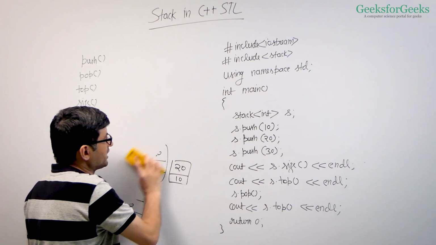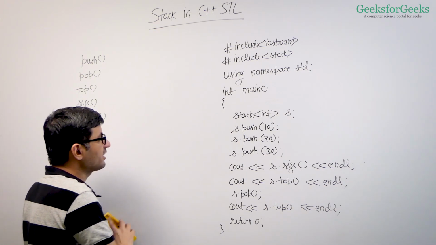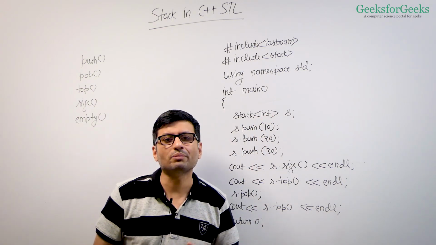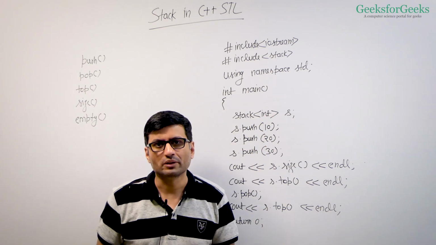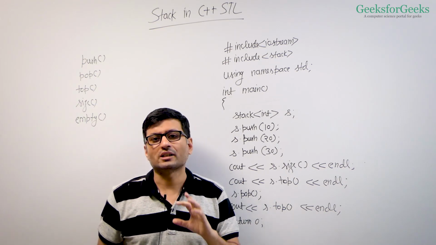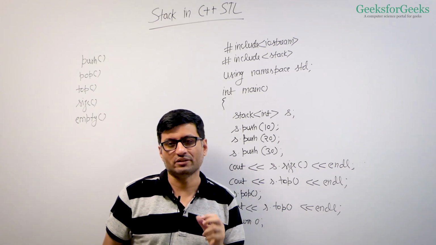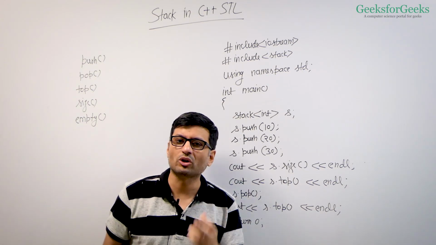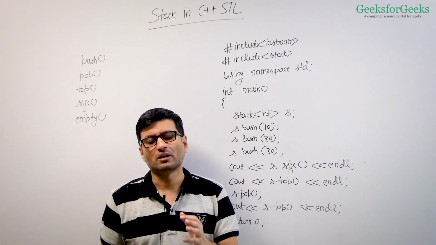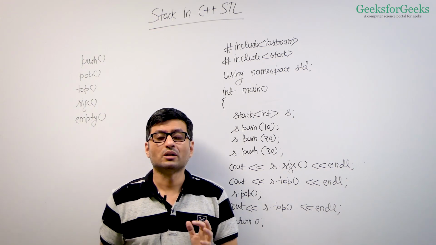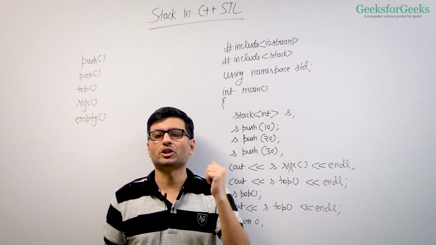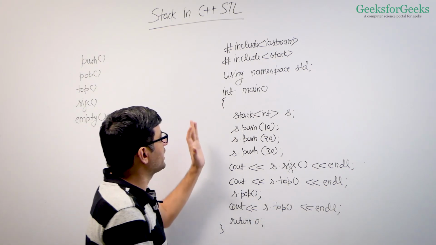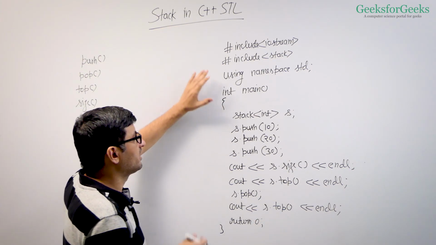In C++ STL, there is a class stack that provides these operations to insert at the top and to remove from the top. The operations are same as what you study in academics. The push function inserts an item at the top. Pop function removes an item from the top. Top function gives you the top item. Let us take a look at this program to understand how STL stack works.